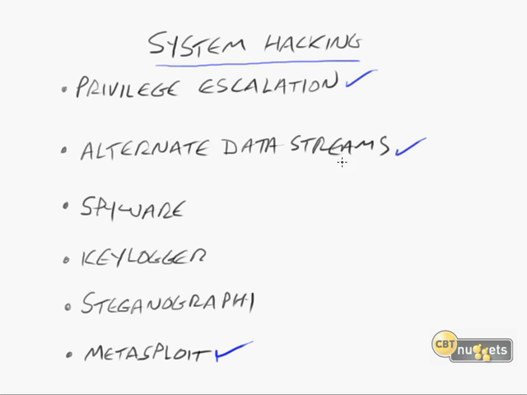Also, we looked at alternate data streams as a way of hiding data so that we can stuff one file inside of another and it goes undetected. We took a look at spyware, which is, of course, a great way to install some things on someone else's computer to see their secrets, see their passwords or whatever. One of the most nefarious forms of that is going to be a keylogger. We took a look at steganography, which is very similar to these alternate data streams in that it can bury data inside of an image file or some kind of an MP3 or something of this nature.